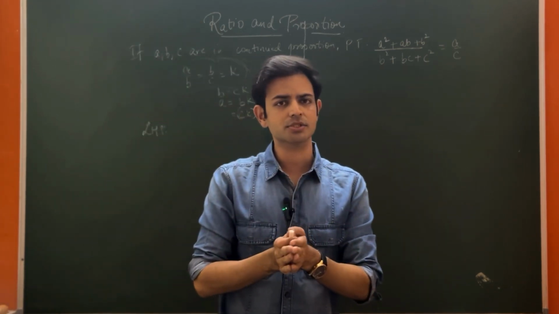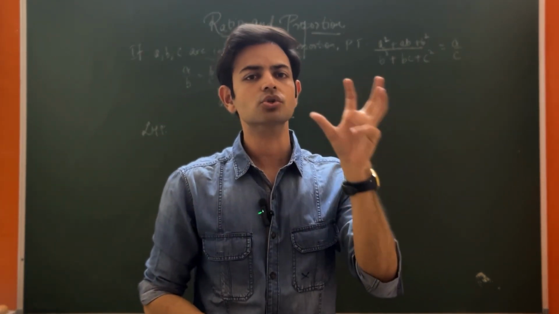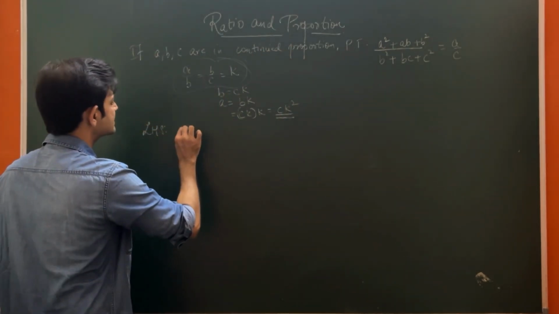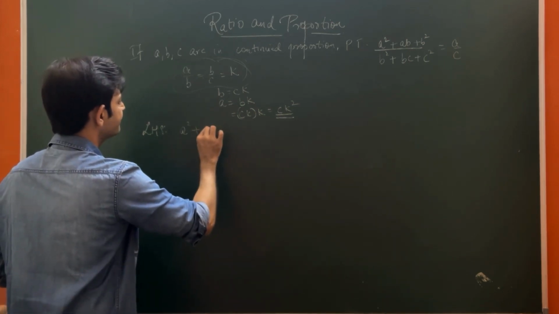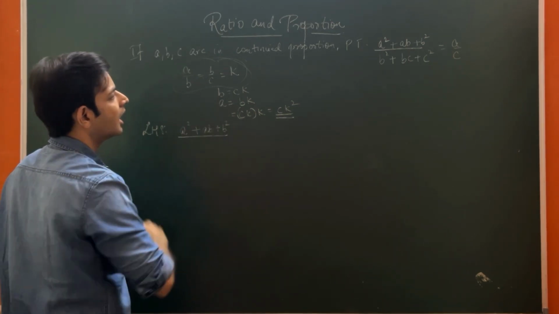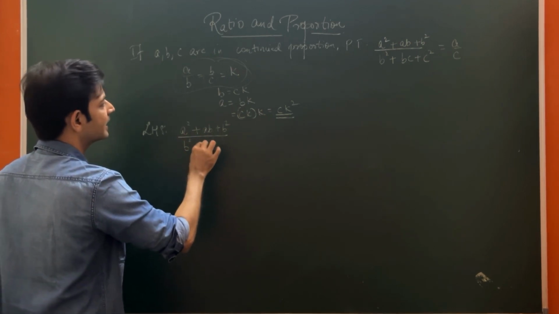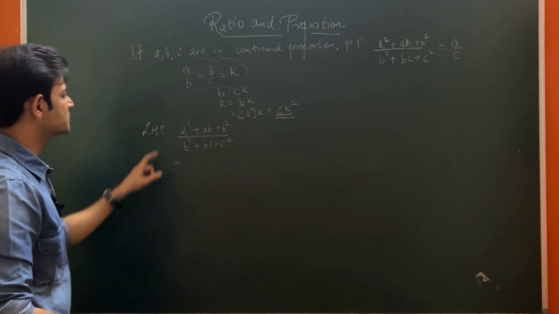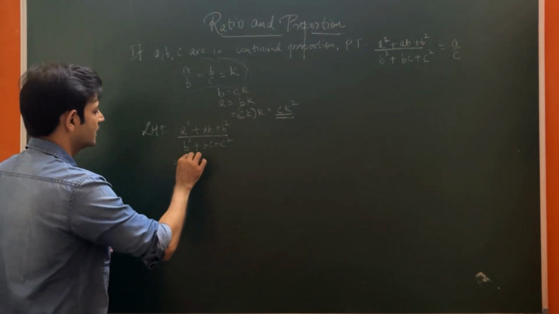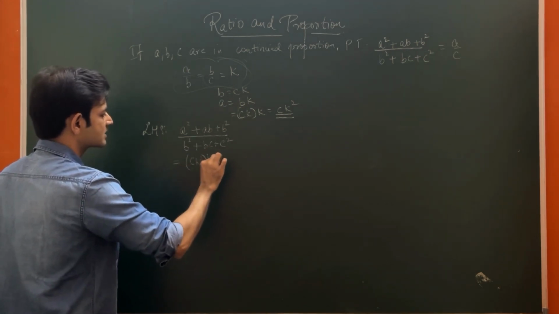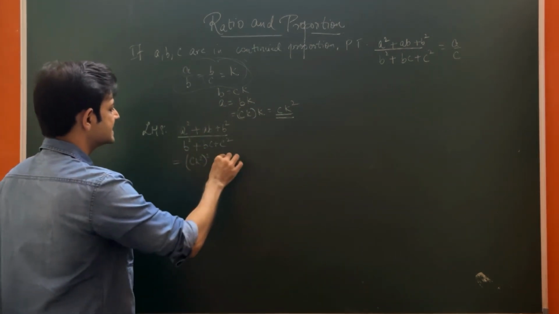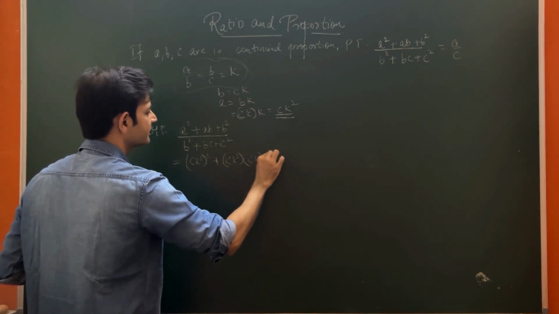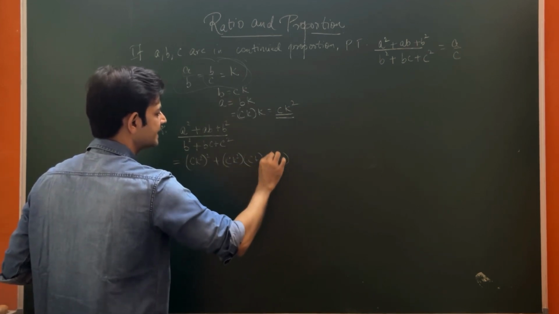Whenever you have proof-type questions, don't take LHS and RHS together. Solve any one side individually. So LHS is equal to A square plus AB plus B square upon B square plus BC plus C square. We simply put the values here. So A is CK square. So it is (CK square) the whole square plus A is CK square, B is CK plus (CK) the whole